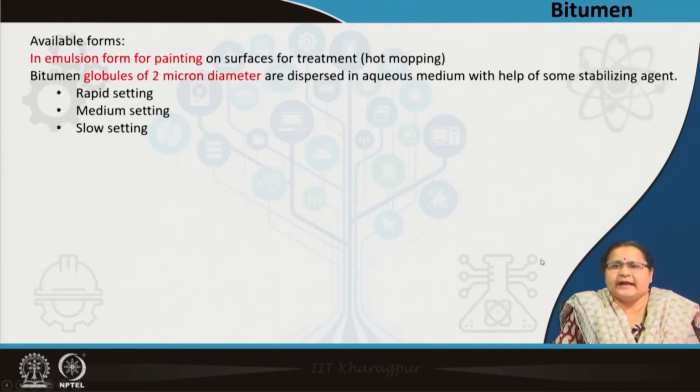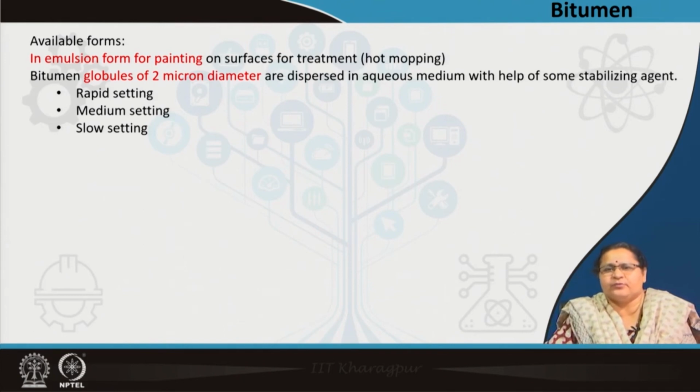So, coming to the available forms, as we had discussed during damp proofing, majorly we had discussed it as a membrane damp proofing. So, what is that membrane of? When it was surface treatment, we were talking of a layer of bitumen, say around 3 millimeter. When we are talking of the surface treatment, it is an emulsion form in the form of paint. It is globules of bitumen, say around 2 microns in diameter, suspended in an aqueous medium,